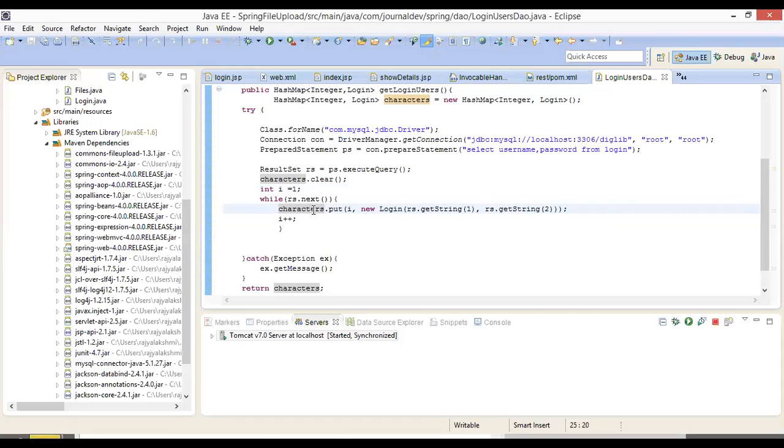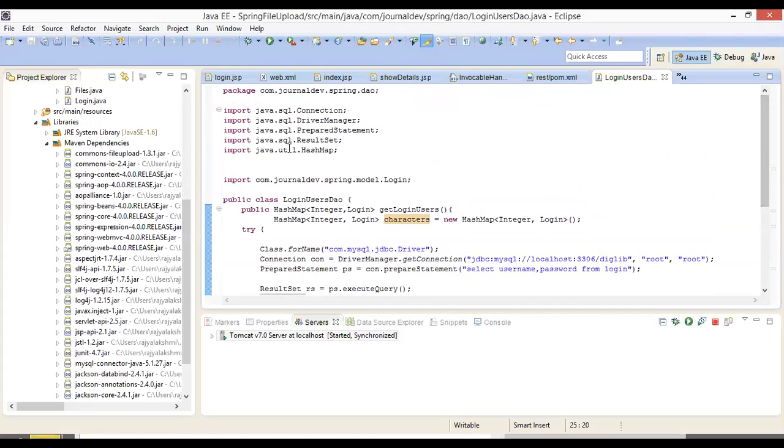What is characters? Hash map. Characters is a hash map. Hash map is a collection. That means you can collect some rows as hash map. These are called data structures. And they are from util package. java.util. You can see above. java.util.HashMap.